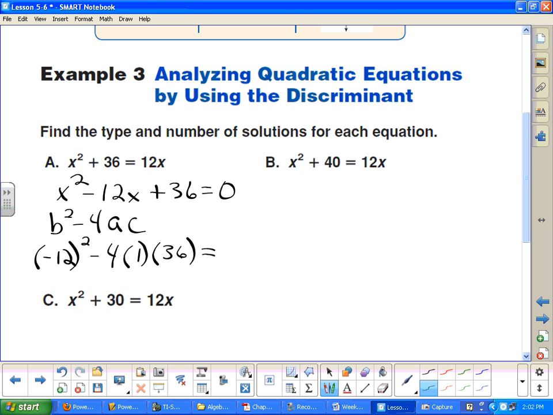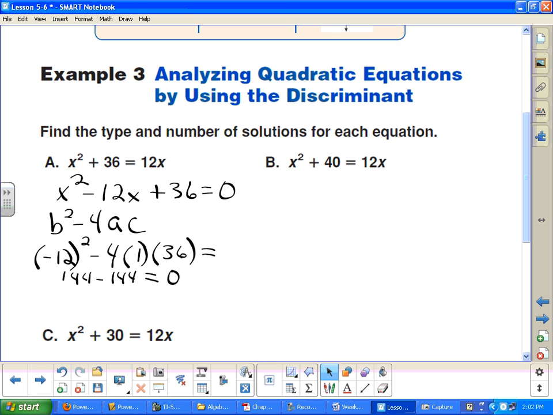In this case, we get 144 minus 144, which is 0. So that means, since it equals 0,